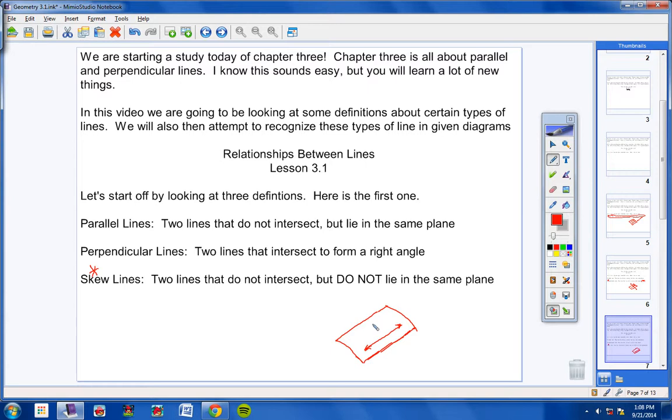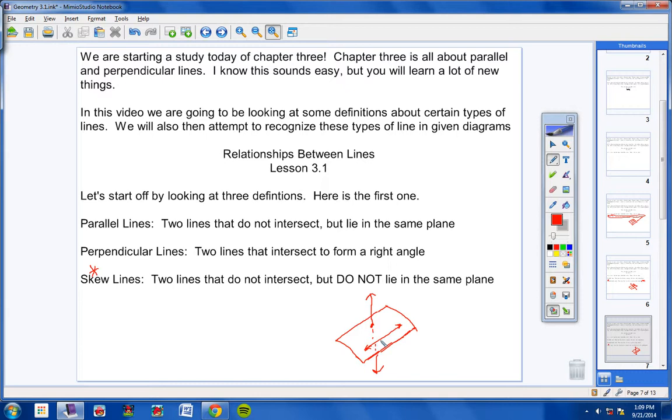But let's say this time you poke the pencil through the paper right here. So your pencil comes down, hits right here, and then comes out down here below the paper. Well, listen, students, it's common sense. These two lines will never intersect, okay? One line is here on the paper,